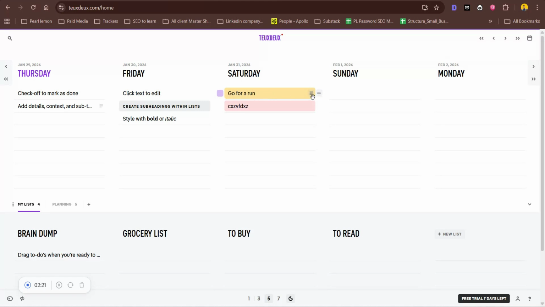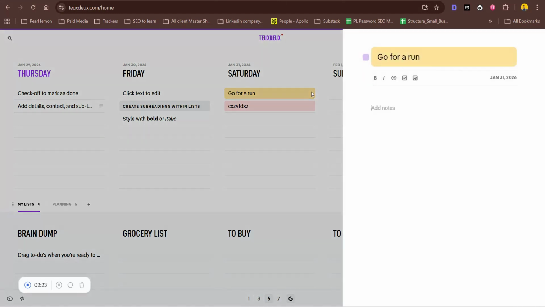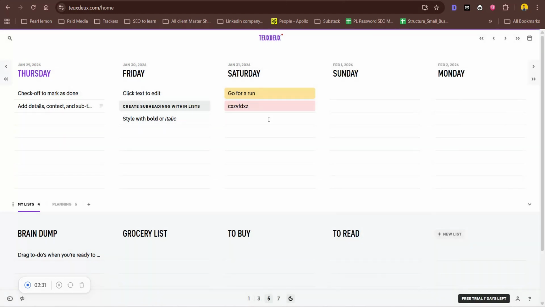Then it doesn't have, let's see, more settings. It doesn't have set times, so it is your predetermined dates that you have it on, and you can always tick off the tasks that you've done after. It doesn't send you reminders, so that's one of the downsides to it. So another task would be go for a run,